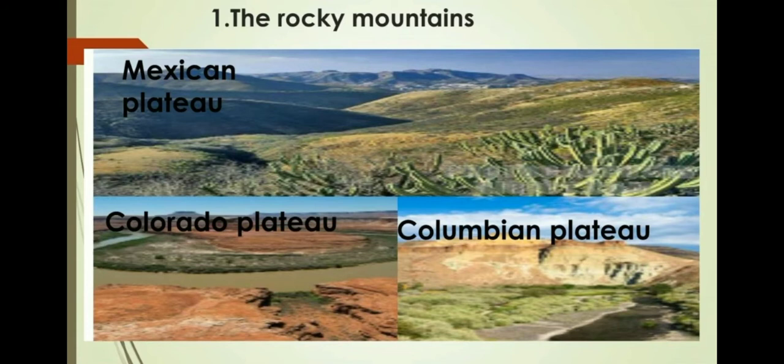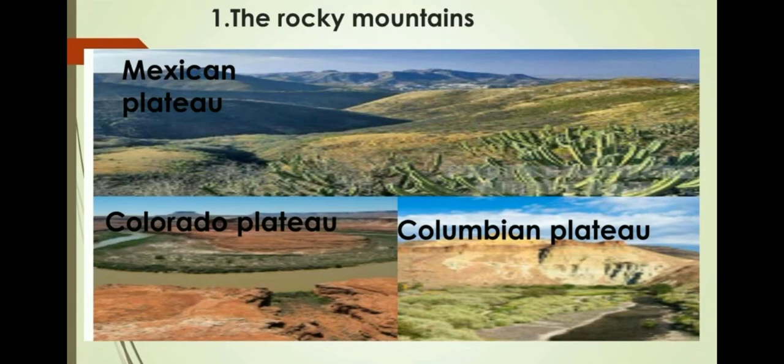The western part of the continent is occupied by long ranges of young folded mountains interspersed with high plateaus, narrow valleys and broad interior basins. This mountain range extends for about 4,800 km from Alaska in the north to the Panama Strait in the south. The width varies from 110 to 480 kilometers. They are parallel ranges and are known as the Rockies in the east and the Coast Range Mountains in the west.